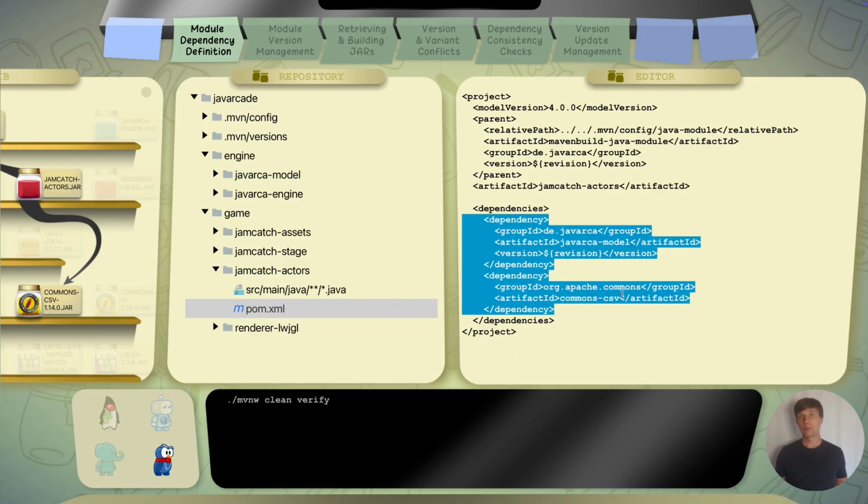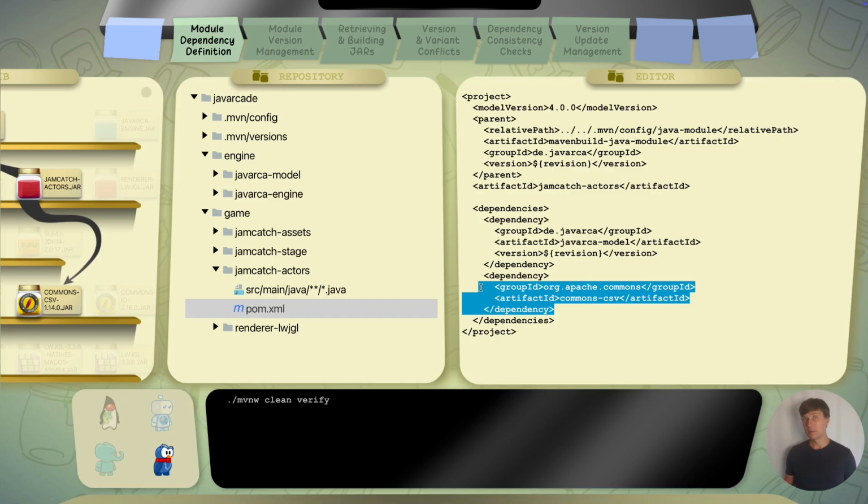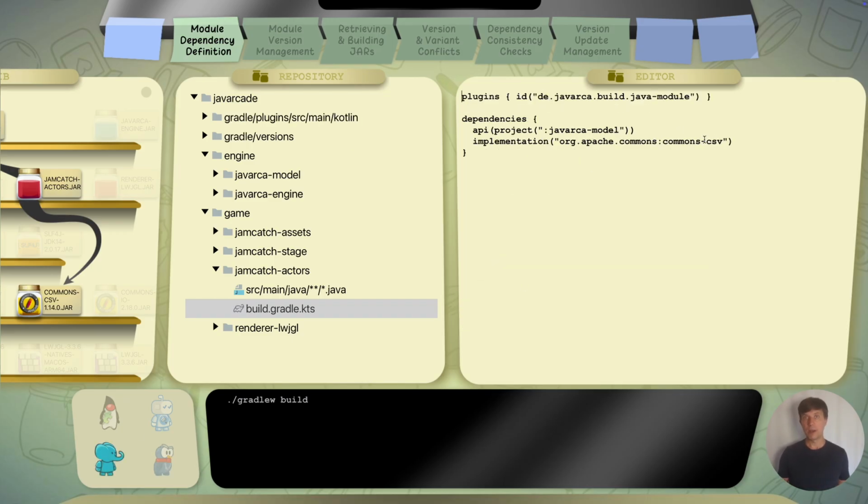We can see that in both Gradle and Maven, the coordinates notation, so the combination of group ID and artifact ID, is used to refer to other modules. As in these cases, not all modules might have a unique module name when the module info Java file is missing. In Gradle, you can also use the short notation for local modules with the keyword project and then only the artifact ID. In the end, it's still similar to what you do in the module info file. You refer to the modules you depend on or the modules you require by their unique names.